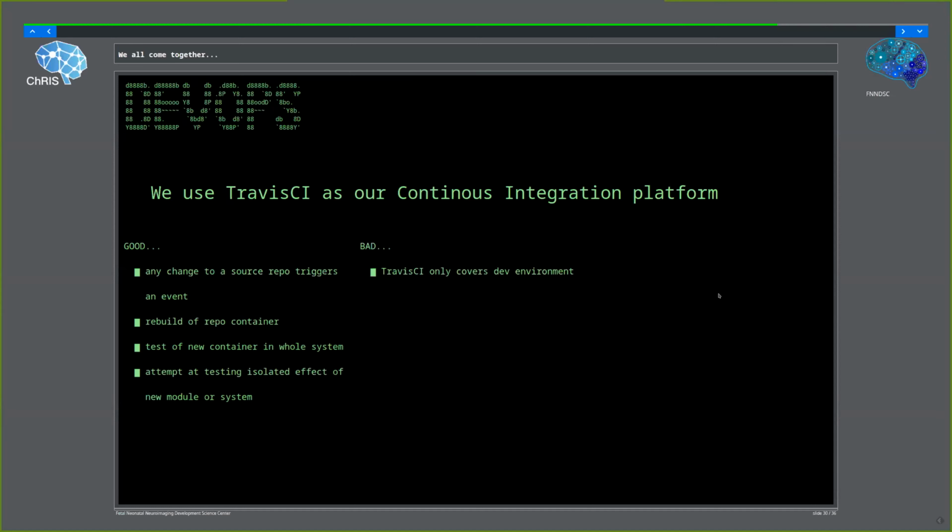The bad about this is that currently in our particular case, Travis only covers our development environment. And that's because our development environment uses Docker Swarm, while our deployment environment uses Red Hat OpenShift. And Travis is not able to provide an OpenShift environment. So we're not covering our deployment with our continuous integration, which leads to lots of issues down the line.